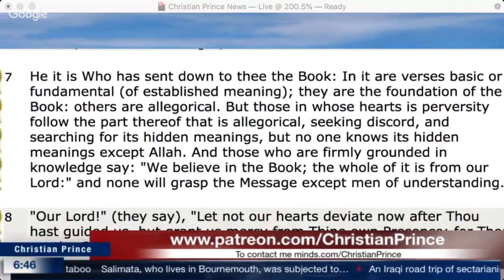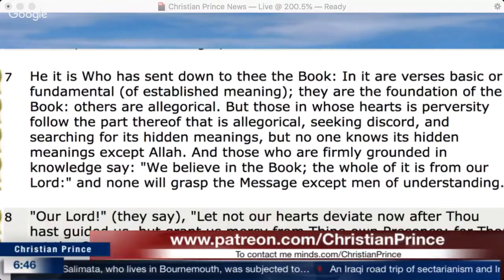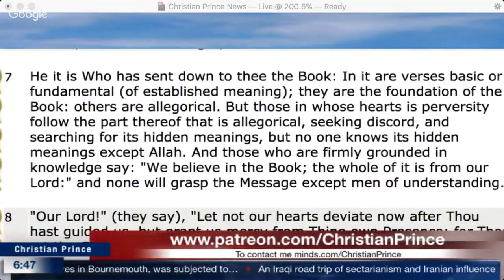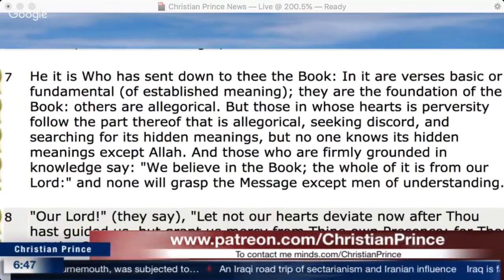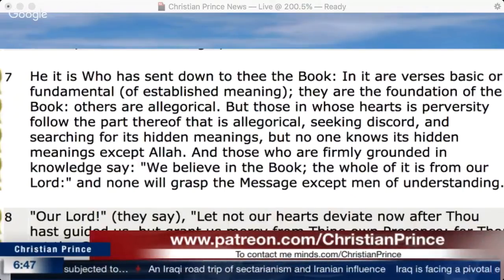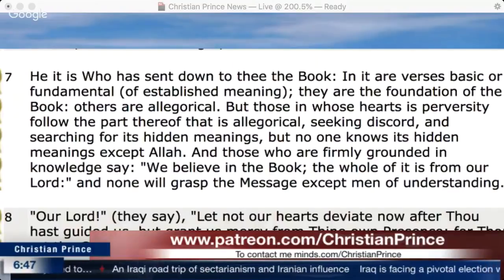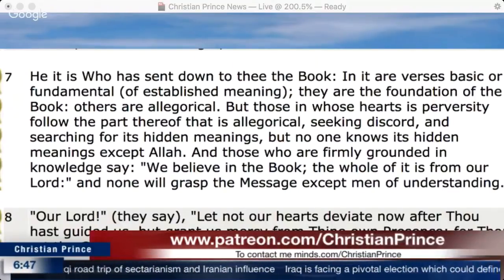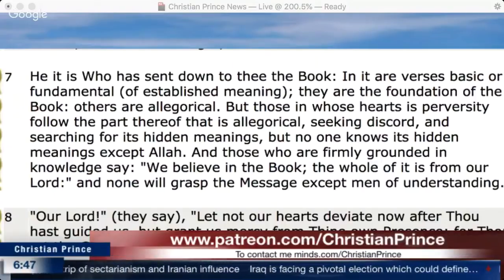How do they seek fitna through those verses? No, it says, my friend, that nobody knows their meaning save Allah. Yeah, that's why Allah says that they will go outside the Quran seeking meaning. No, let me explain to you. If I give you a book and I say to you, this book is the book of guidance, can I say that some of it is a book of guidance and some of it is a book of shaitan, or all of it is a book of guidance?